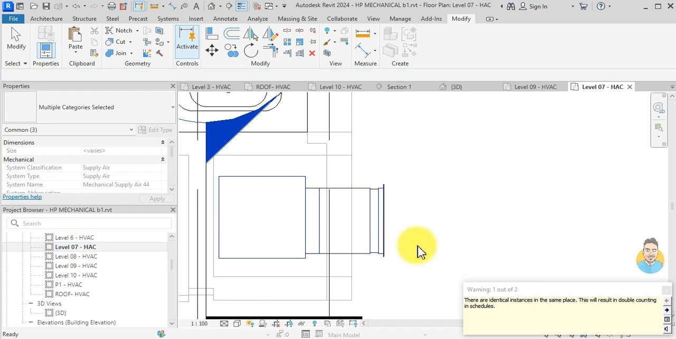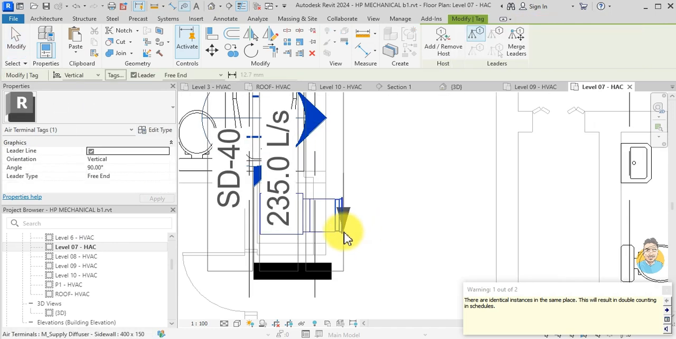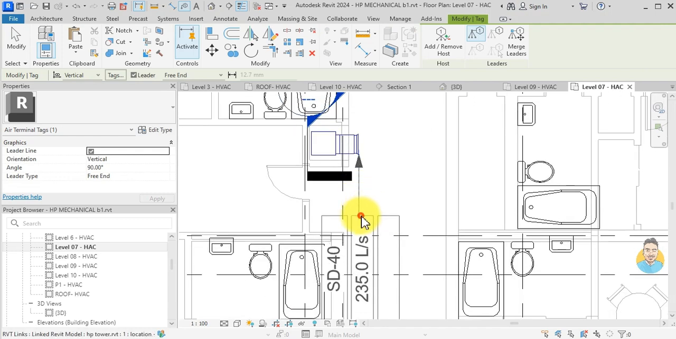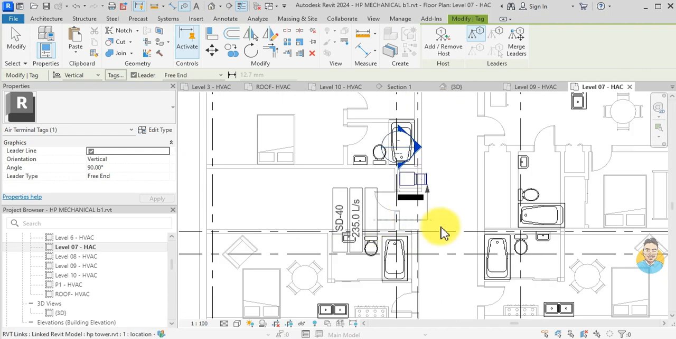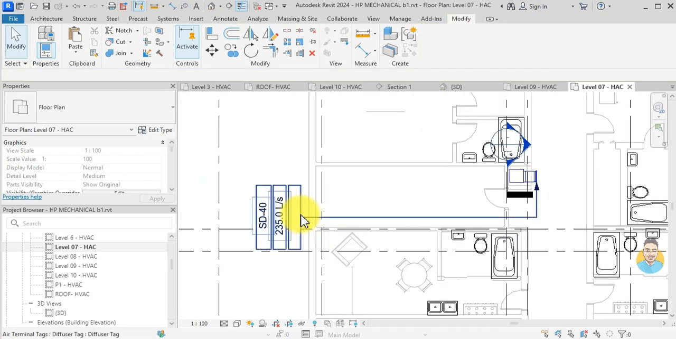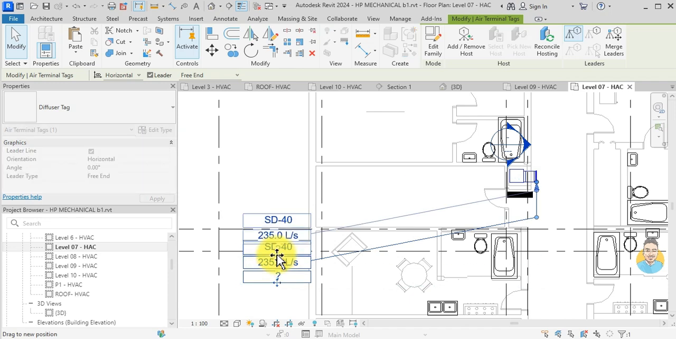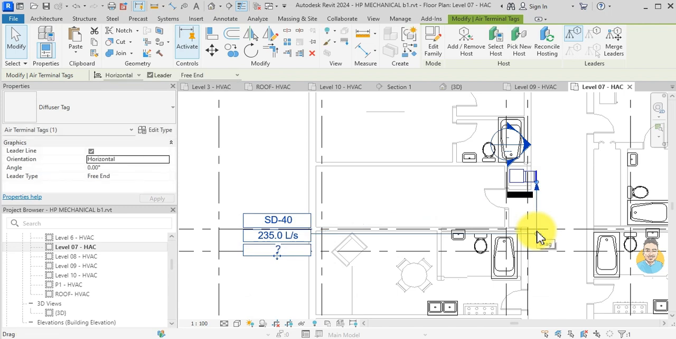I just check randomly, it looks good. Then I click TG for tag, and then I give it like this. And I want the tag to be horizontal. It should show the dimensions, so I'm not sure if